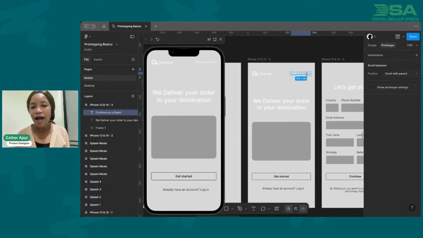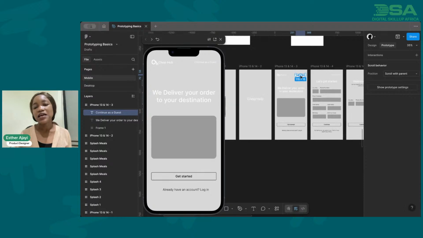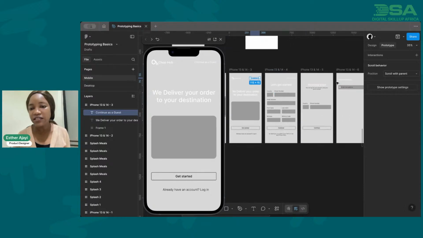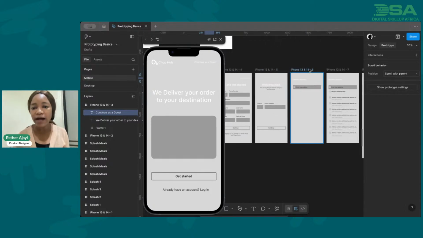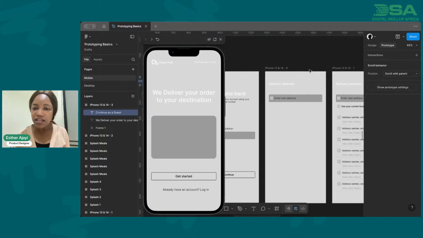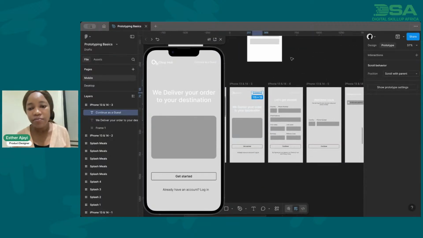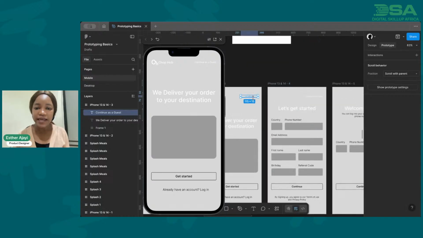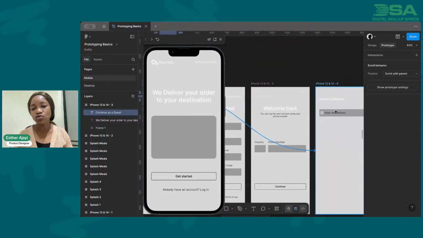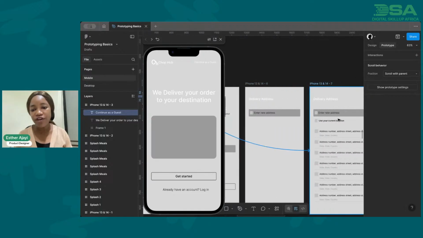So let's say I want to say, if I continue as a guest, I will not see this get started, this welcome back, this delivery address, this second one. I'll just go straight to home because I am coming in as a guest. This is the plus button. The plus button tells me that is where I want to choose. Now you see how I'm moving it until I